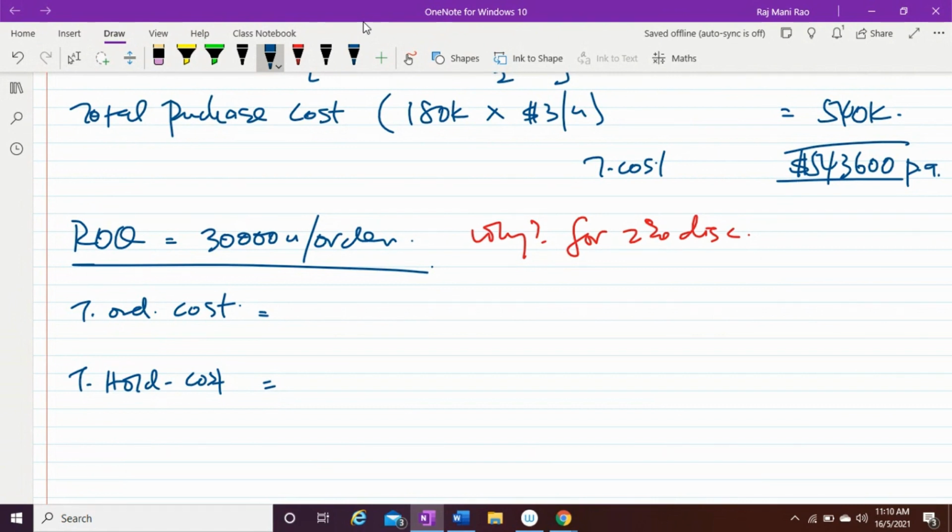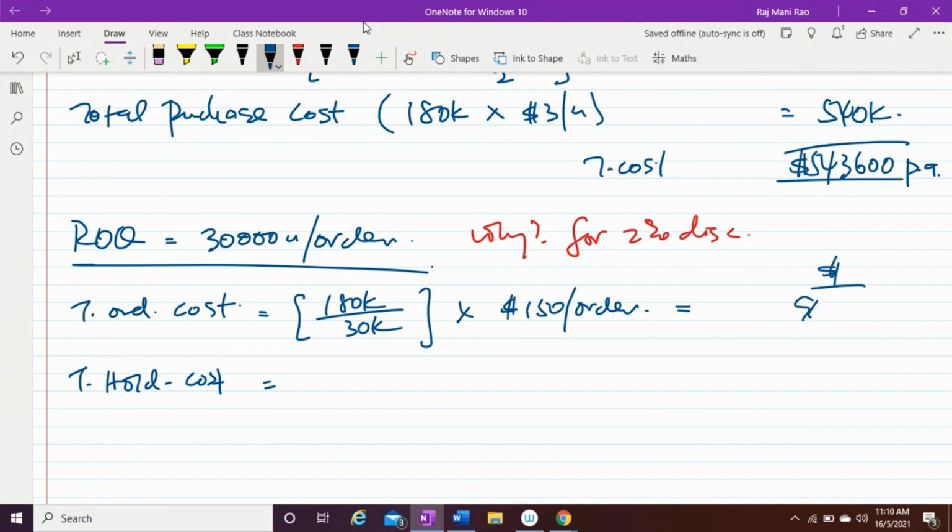Come on, come on. What is it? Now 180,000 divided by what? 30,000 times what? $150 per order. How much is it? How much is your ordering cost? 900 per annum. Holding costs 0 plus